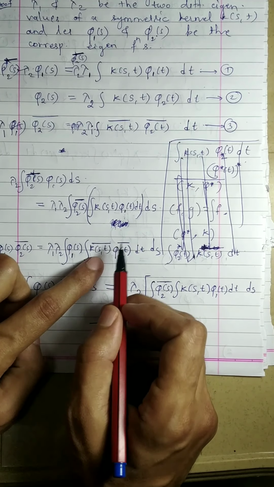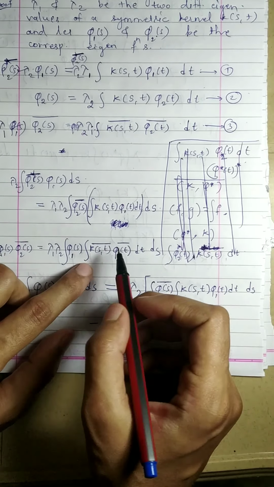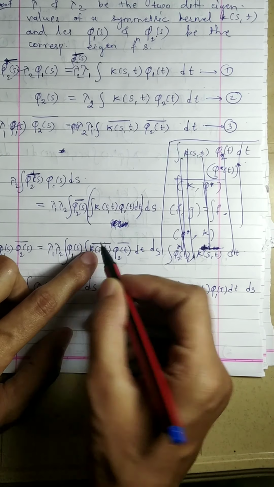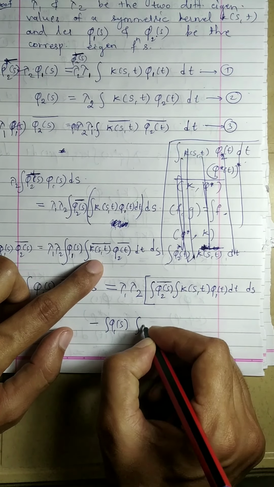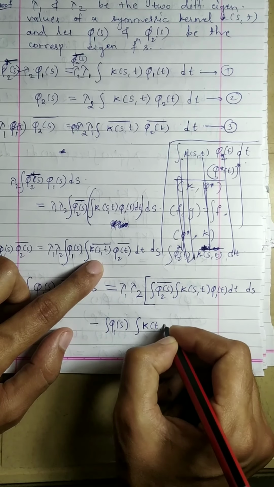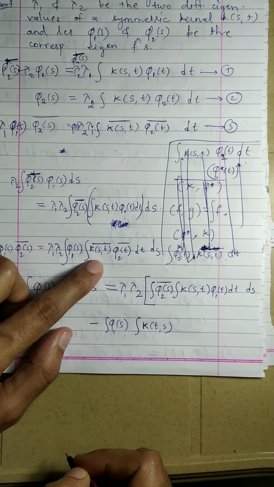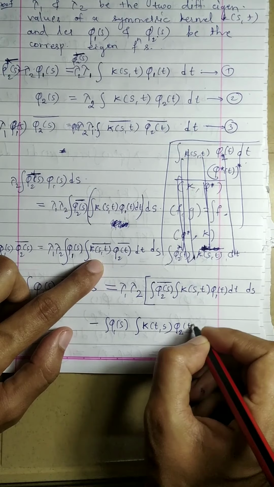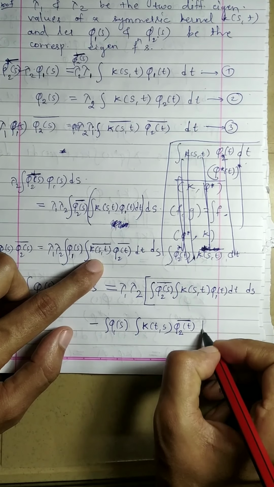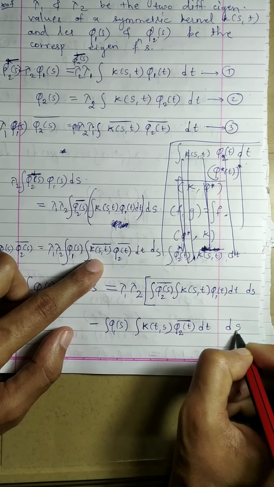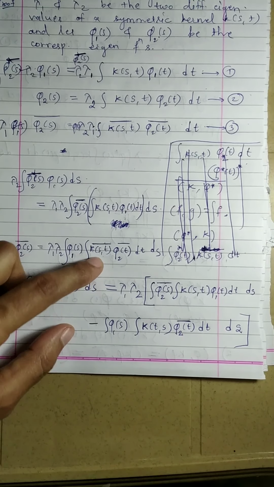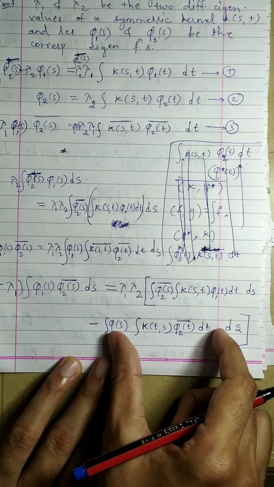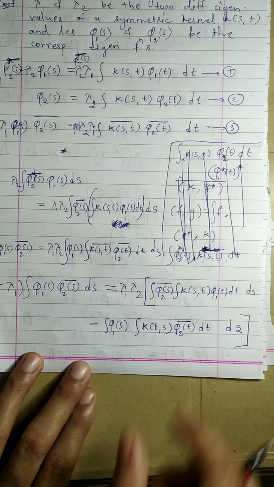But because k(s, t) is a symmetric kernel, k(s, t) bar will be nothing but k(t, s) phi 2 of t bar dt ds. Now if you observe, this expression and this expression both are the same ones,